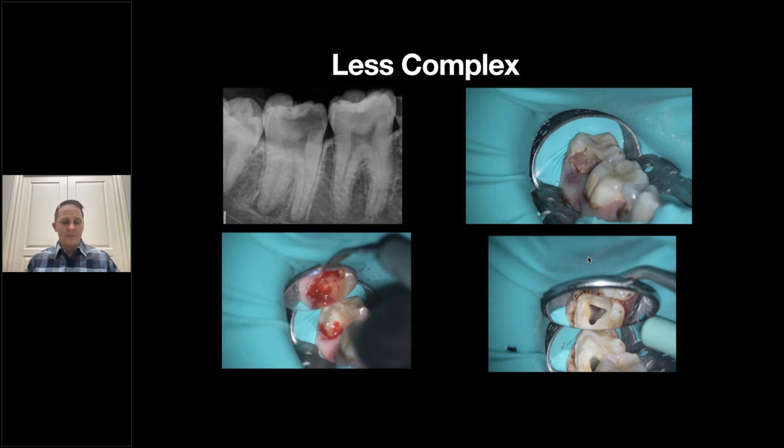And part of this is you got to have the right systems in place. Early on, these cases, I mean, they were exhausting. They're still challenging by any means, but two long visits, you know, you're cleaning up the decay first visit, trying to gain isolation on these, that deep buccal decay there. And by the time you do all that, you're 45 minutes in, and then patient's tired, you're tired.